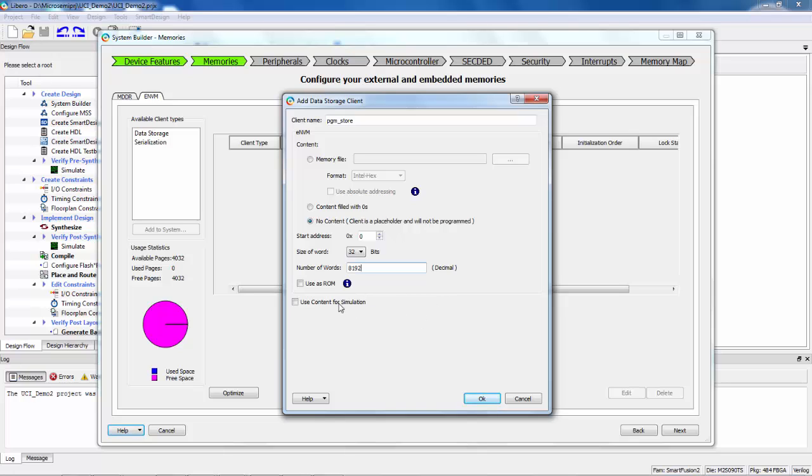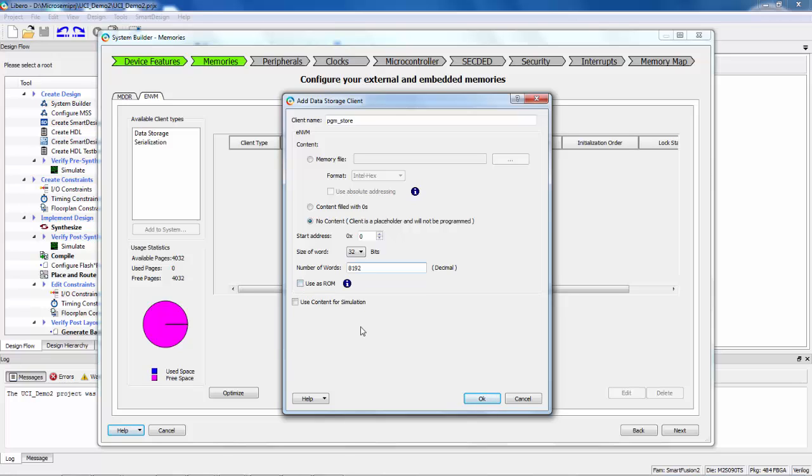Okay. Other things we could do here is we could use it as a ROM if we wanted to. And so what happens in that case is it can be programmed through the programming interface, but the Cortex or another master wouldn't be able to write this partition. They'd only be able to read it. And we might do that if we were putting in like Ethernet MAC addresses, or maybe we were putting in a serial number or something like that, and we had a field we didn't want to be able to be